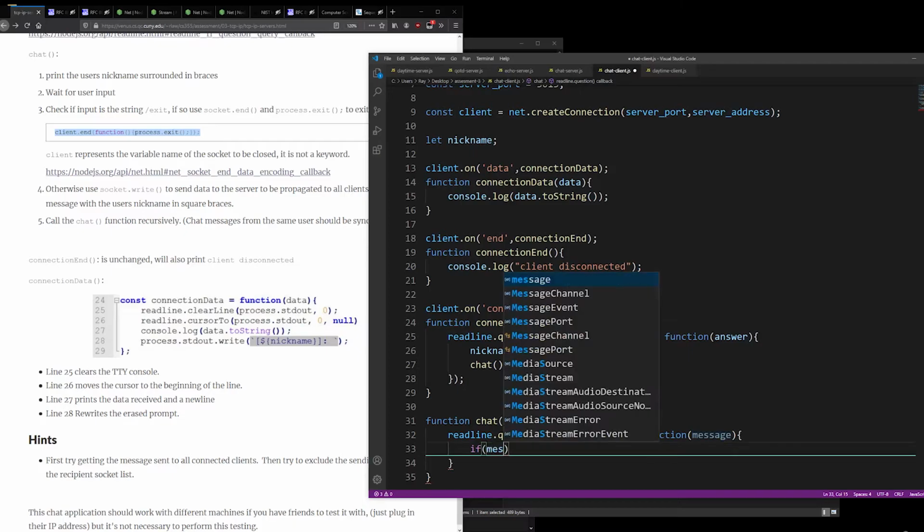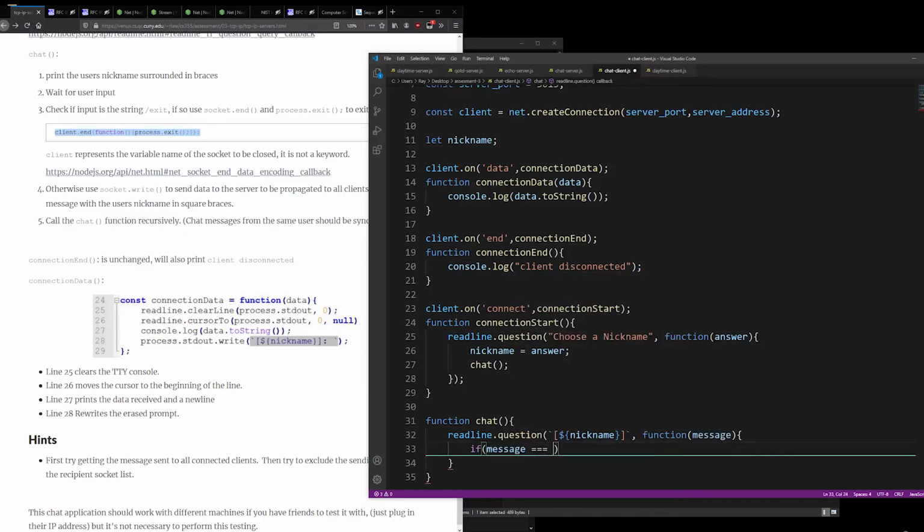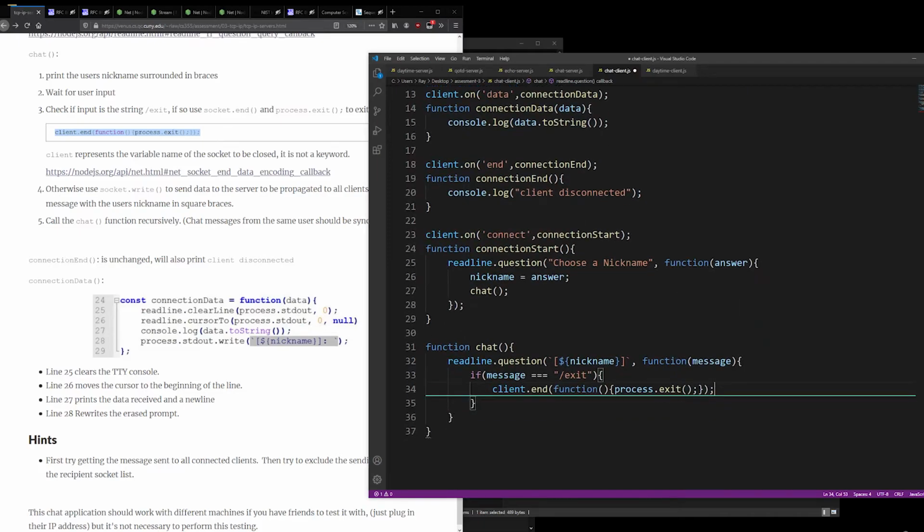If message matches /exits, then I'm going to terminate the connection, and then after I finish the four-way closing handshake, close the chat application. Otherwise,